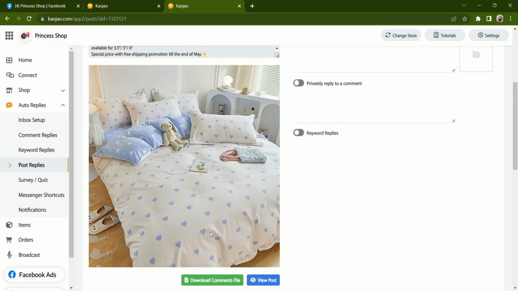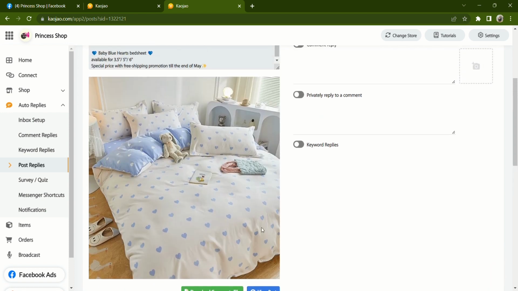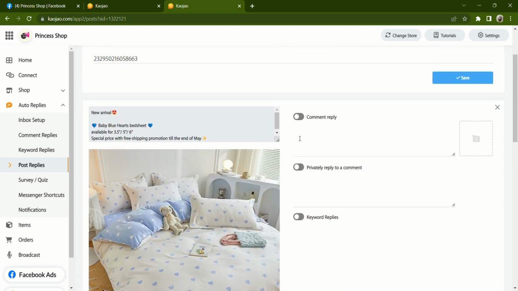Now you can specify responses to comments and direct commenters to their inbox, or even specify the responses based on the keywords. When a customer comments on that post, the system will automatically reply with the message that you have set. For example, I will turn on the comment reply